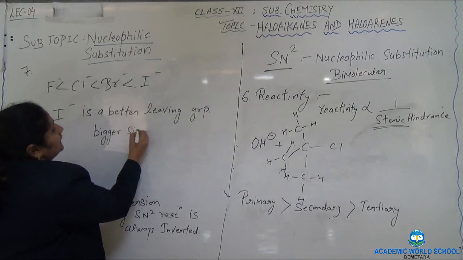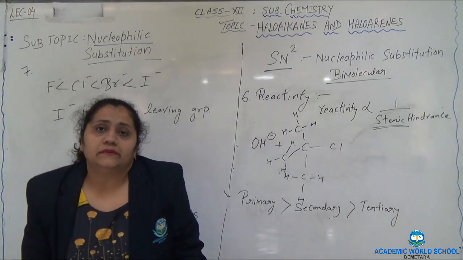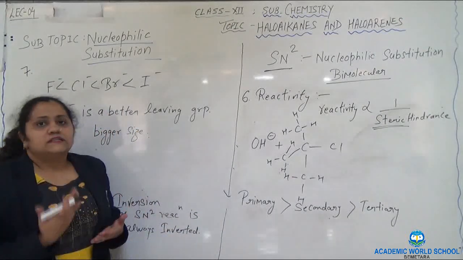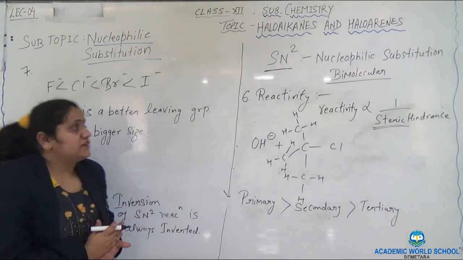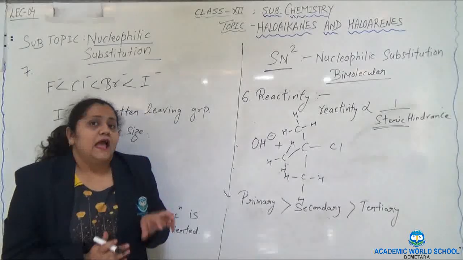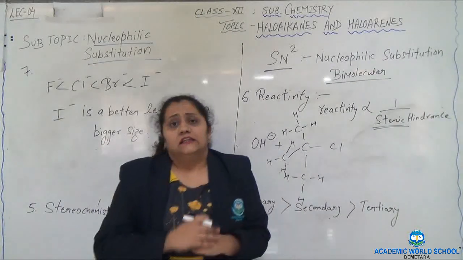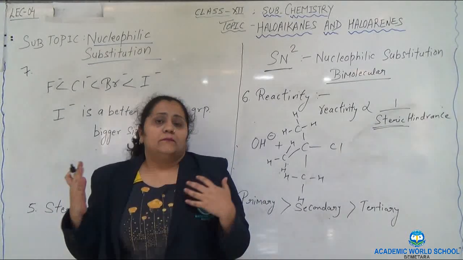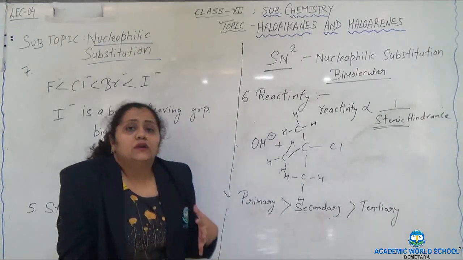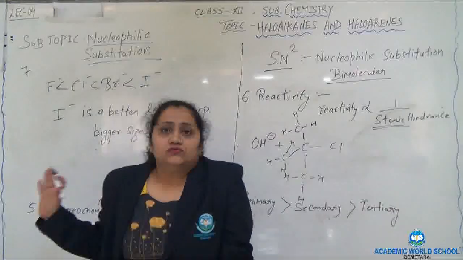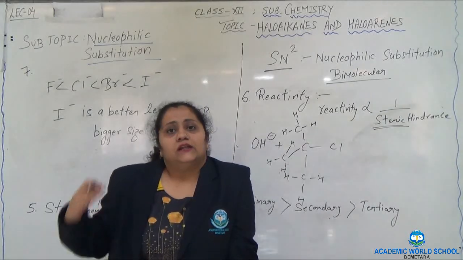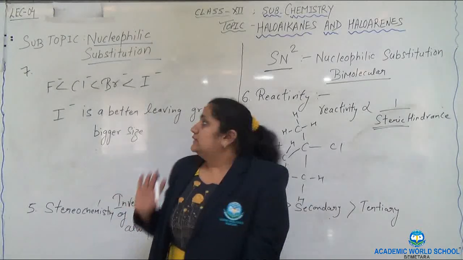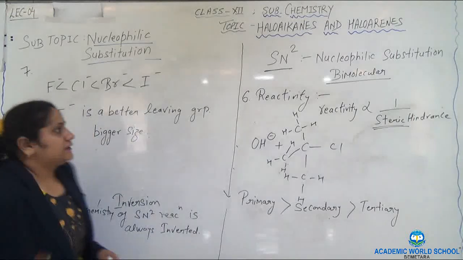You all know that when we move down the group in the periodic table, the size of the atom increases. Because the size is very big, the bond strength will be very weak, and because of this, they will act as a better leaving group. For both SN2 and SN1 reactions, the leaving groups are very important. If the leaving groups are easy to remove, the mechanism will be easier. So this is about the SN2 reaction. It is bimolecular, meaning the kinetics depend upon two reactant molecules. This is all about the SN2 mechanism with 7 characteristics.